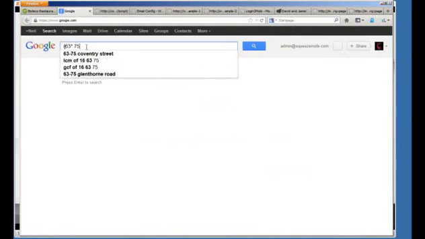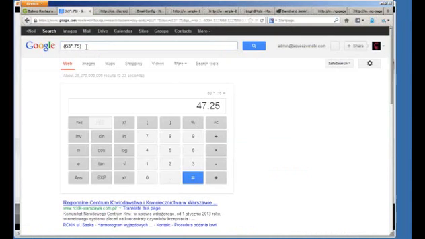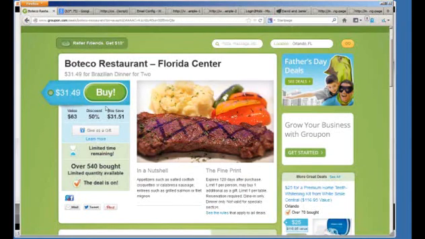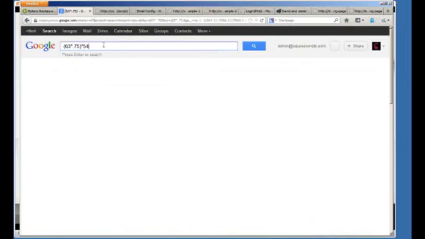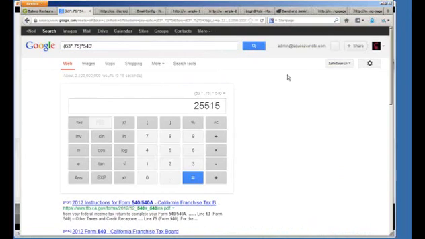So what is that? 47.25. And how many people have redeemed? Over 540. So since they're losing 47.25 per customer times 540, what does that equal? $25,515.